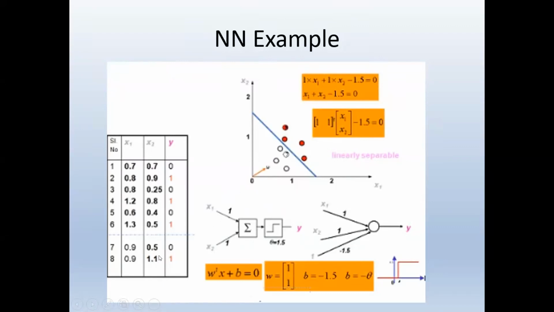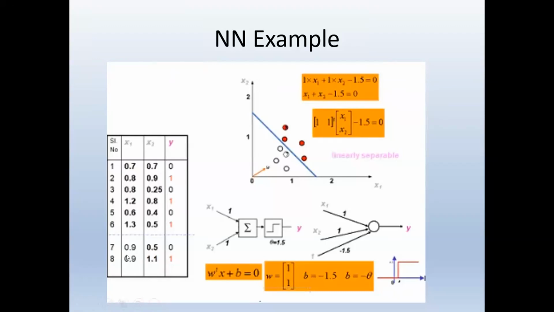Now the training is over. Why is the training over? We have properly calculated the weights and bias, that is, the parameters of the neural network. The training portion is completed, so we can take the testing data. What is the testing data? The 7th and 8th are the testing data. You can give the testing data and check whether you are getting the proper output or not. You can check whether the network has generalized properly or not.